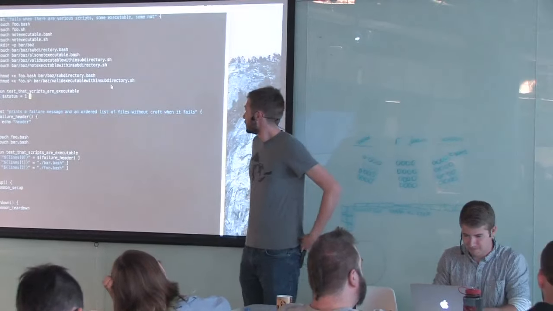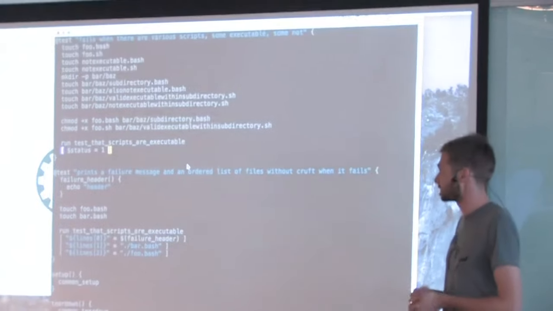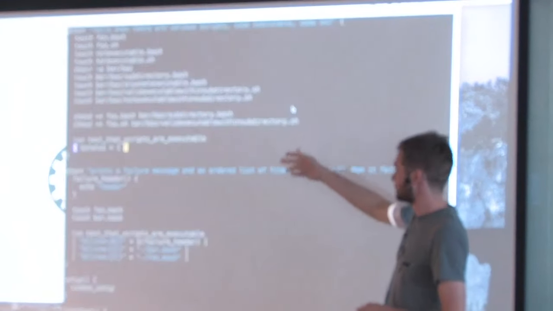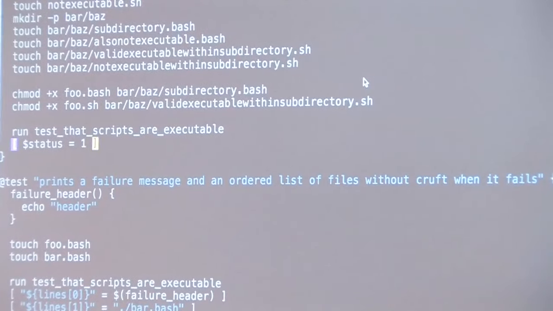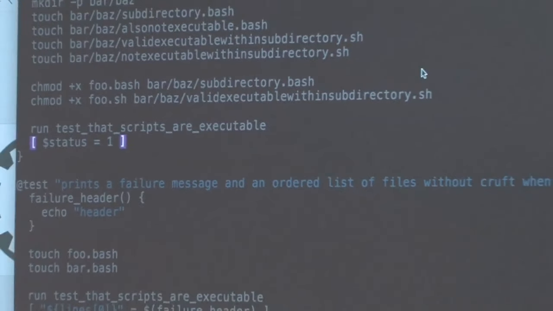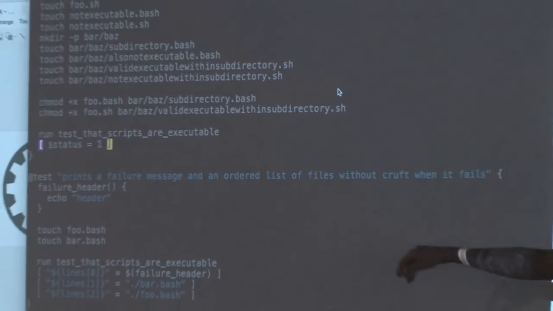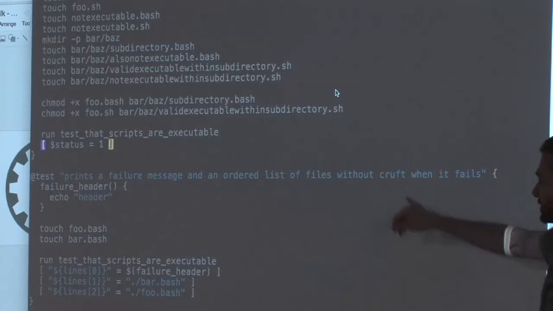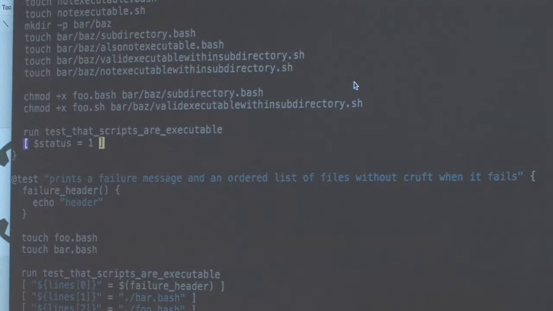Sweet. So this is what a bash test, a BATS test looks like. You say @test, you write out your assertion. What BATS is doing under the hood is that it's actually reading through this file x+1 times, where x is the number of test cases. It reads it once to identify what test cases it should be running, and then for the remaining ones,